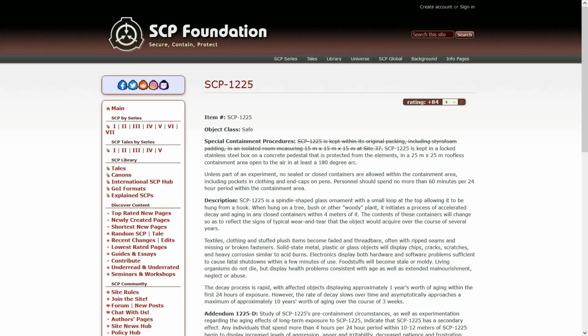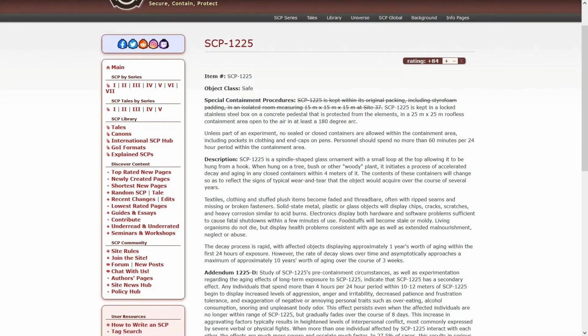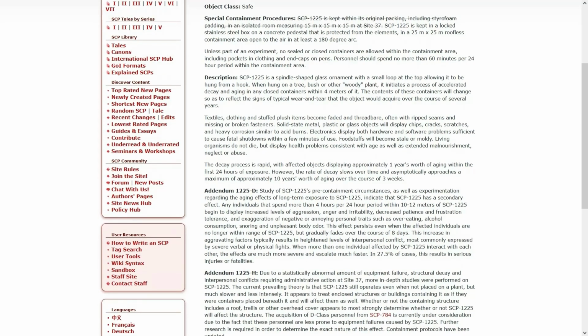I have doubts. It used to say SCP-1225 was kept within its original packing, including styrofoam padding, in an isolated room measuring 15 by 15 by 15 meters at Site-37. Doesn't say it anymore though. Now it says SCP-1225 is kept in a locked stainless steel box on a concrete pedestal that is protected from the elements and a 25 by 25 meter roofless containment area open to the air in at least a 180-degree arc. Unless part of an experiment, no sealed or closed containers are allowed within the containment area, including pockets in clothing and in-capsule pens. Personnel should spend no more than 60 minutes per 24-hour period within the containment area. Alright. Description: